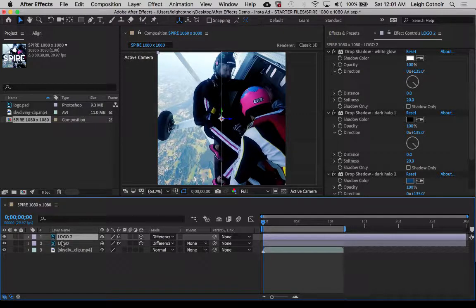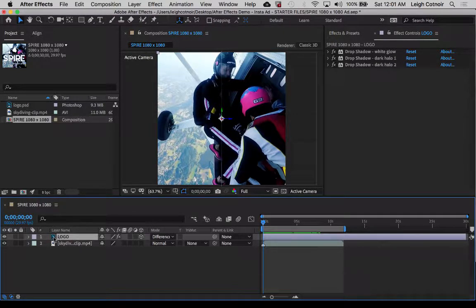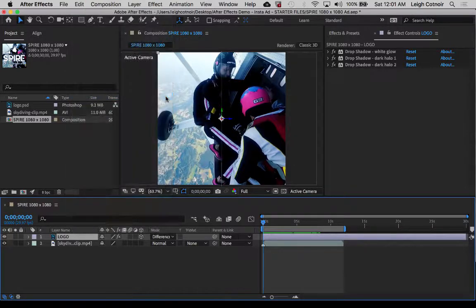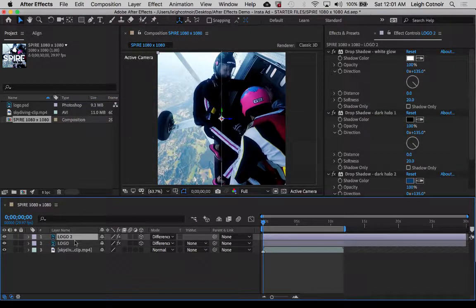And that'll work. The other thing I could do, I'm going to undo that real quick, is I can select the layer and I can go to Edit and then I can choose Duplicate from here. And you see here's the shortcut off to the right. Anyway, so yeah, what I'm going to choose first off is now I've got two layers that are going to